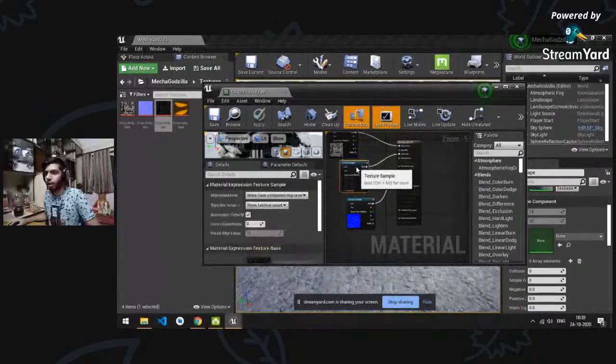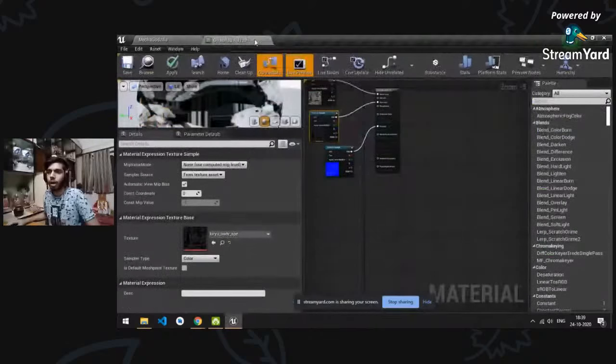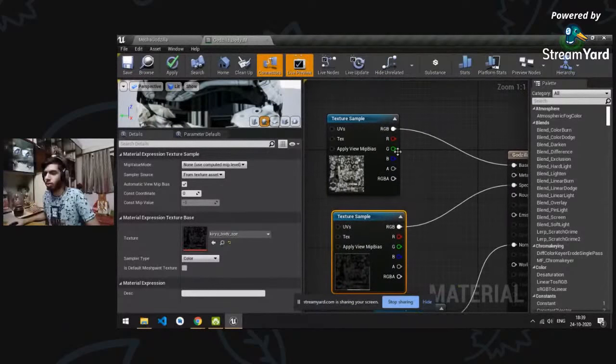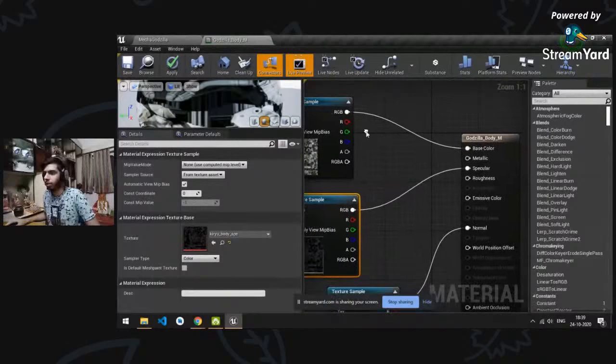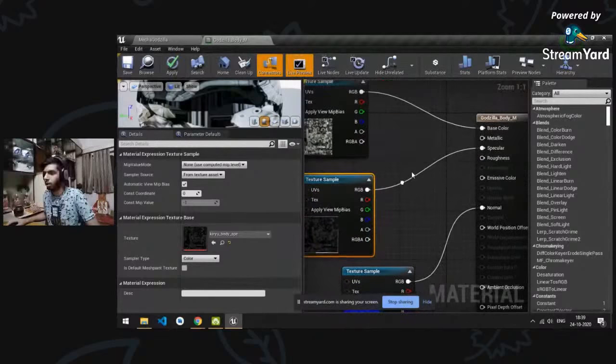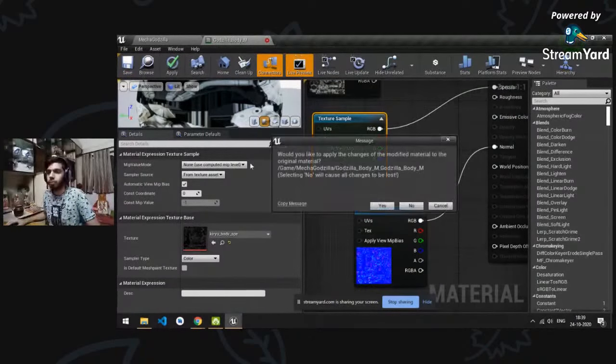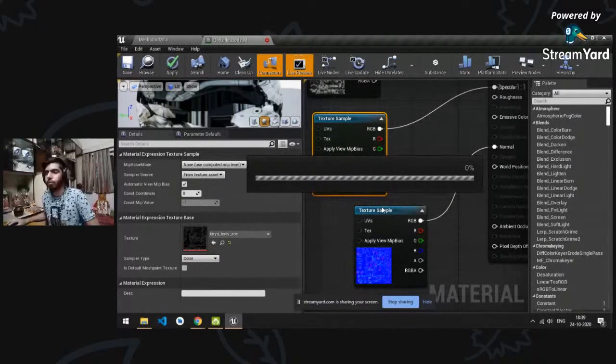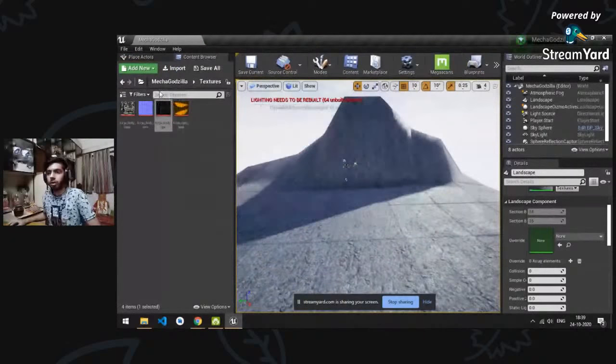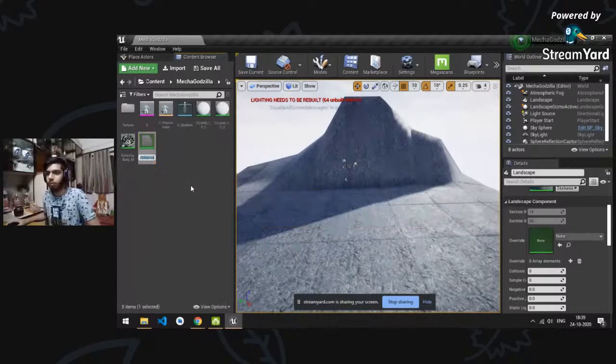Anyway, we have created our 3D material. If you maximize this, you can see which node is connected to which. So base color is connected to base color, specular is connected to specular, and normal to normal. We have saved it. Okay. And again, we need to create a material for its eyes, because there are two different types of textures, one for body and one for eyes. So we need to create a material for the eyes. So what I'm going to do is create